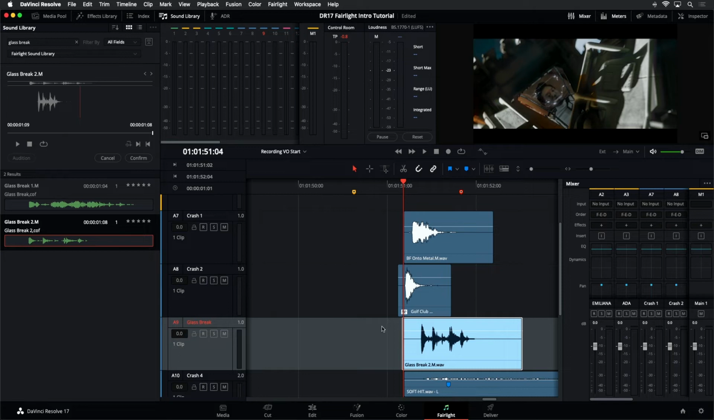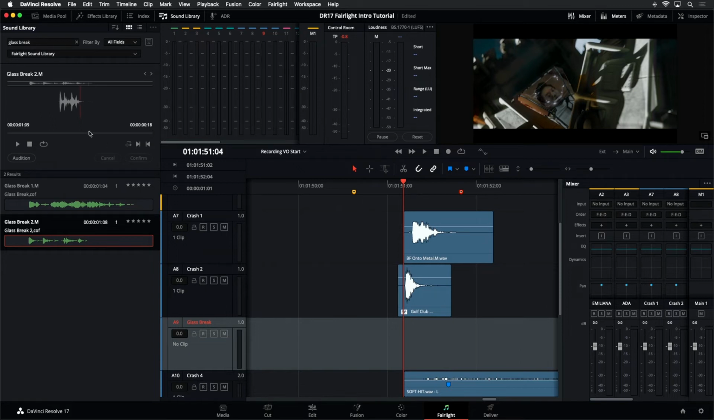Now we have another choice though. Instead of just dropping in the entire piece, I'm going to undo that or just cancel that. And instead, one of the things you can do is set a sync point. So you can tell it an exact frame of that sound effect will match to wherever your playhead happens to be. Let's do that. So I'm going to come back over here to the sound effect, and I'm going to find